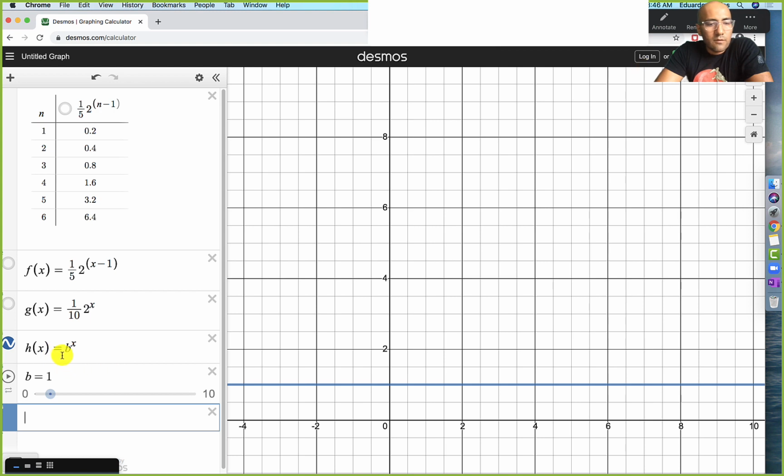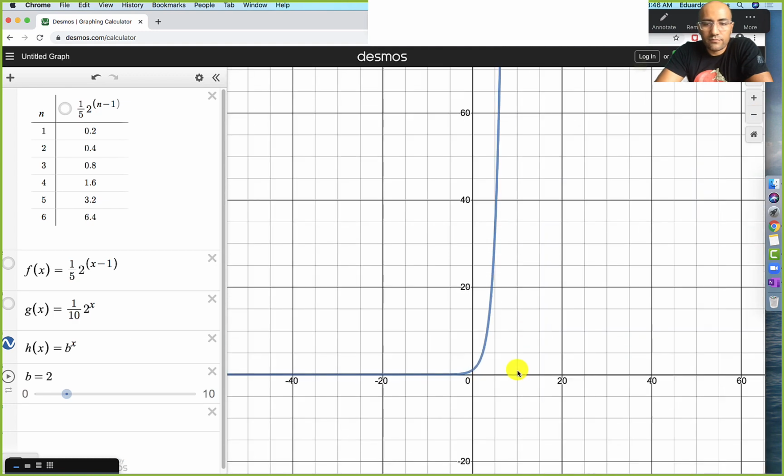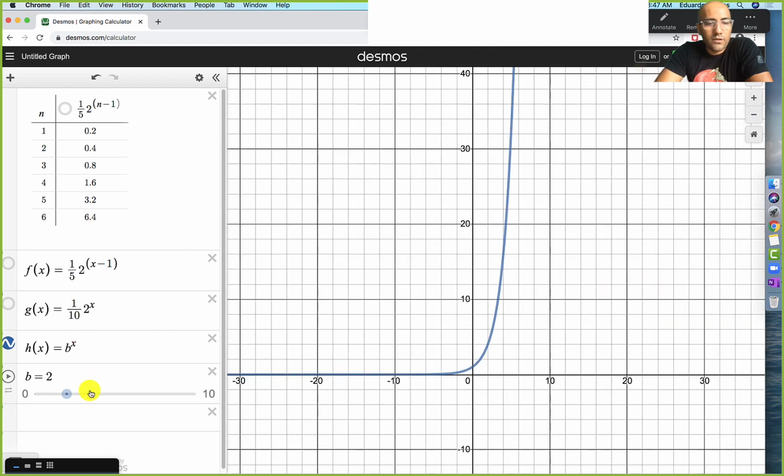Okay, so b to the x power. When b is 1, we just have 1 to the x power, and we have a horizontal line. That one's boring. But as it gets bigger than that, we end up with this shape. Let me zoom out. Good. So when the base is strictly bigger than 1, we always have this sort